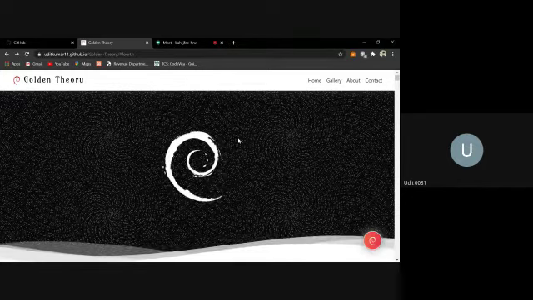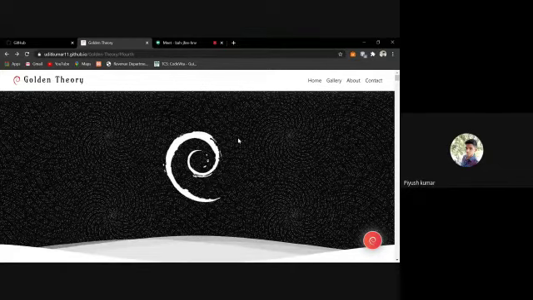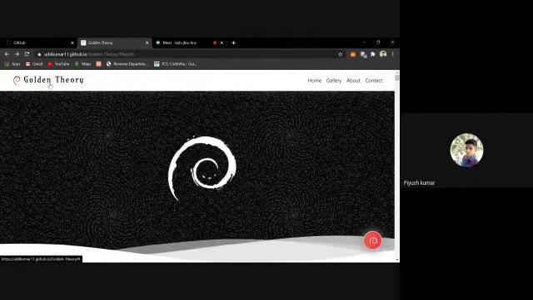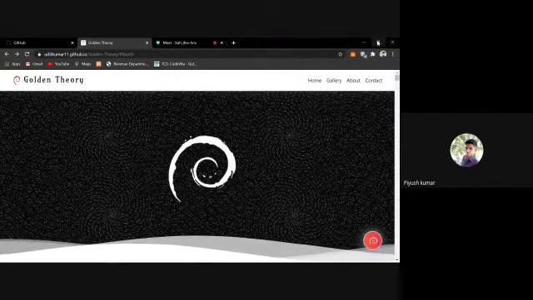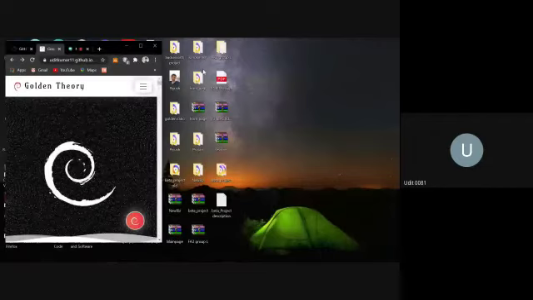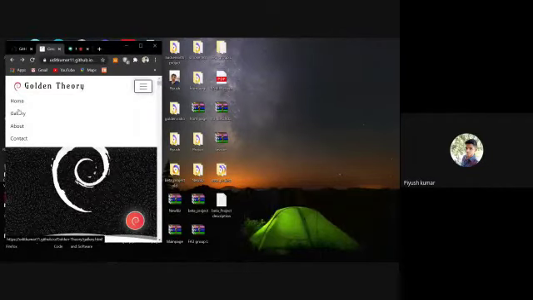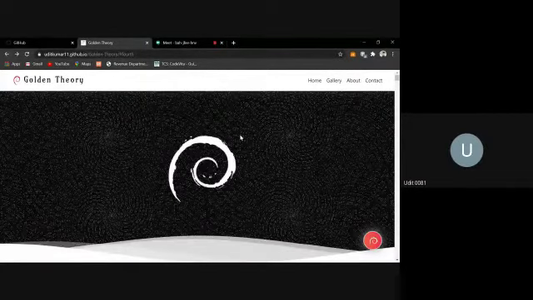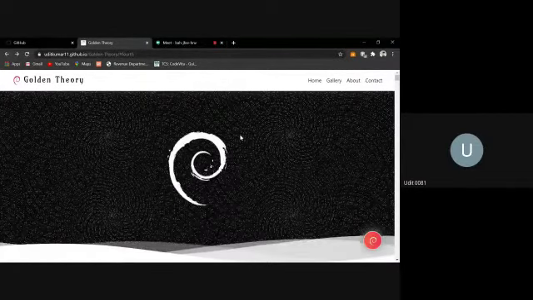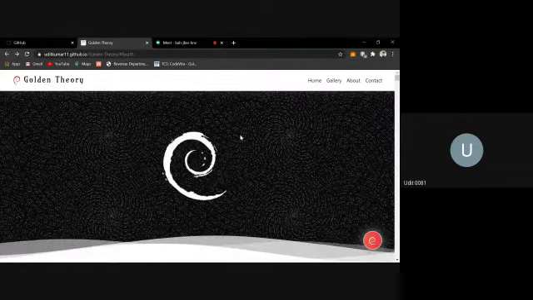On the top, we have made a navbar. We made this navbar using HTML and some CSS, and to make it more responsive, we used JavaScript. You can see it's a dropdown, and it looks pretty good in mobile view. Now comes this section. We have added simple parallax in it. And now comes this logo. Piyush will tell you about it.